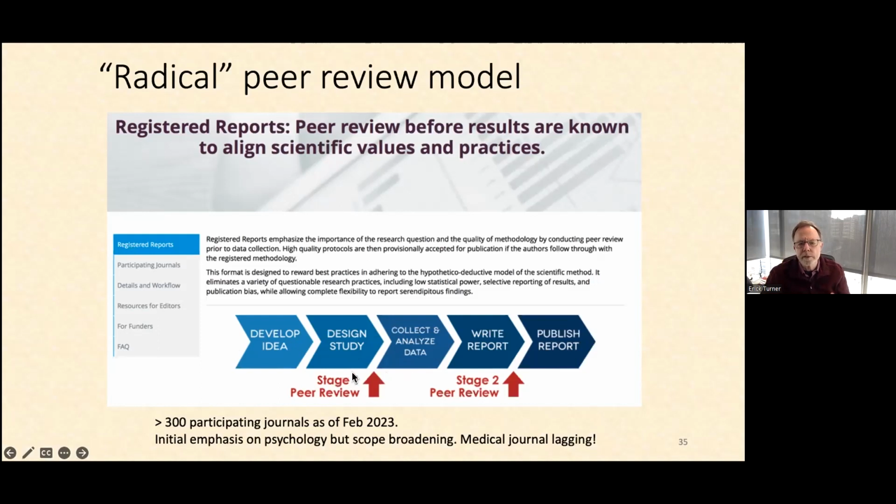So stage 1, I think this is at the time the study is designed, and it makes sense to me, at least, that you should be able to judge whether the science is good based upon the methods and the rationale for the study. You don't need to look at the results and find out whether it turned out to be statistically significant, because then you've got the hindsight bias. Oh, well, and as I think about it, maybe that wasn't such good science after all.